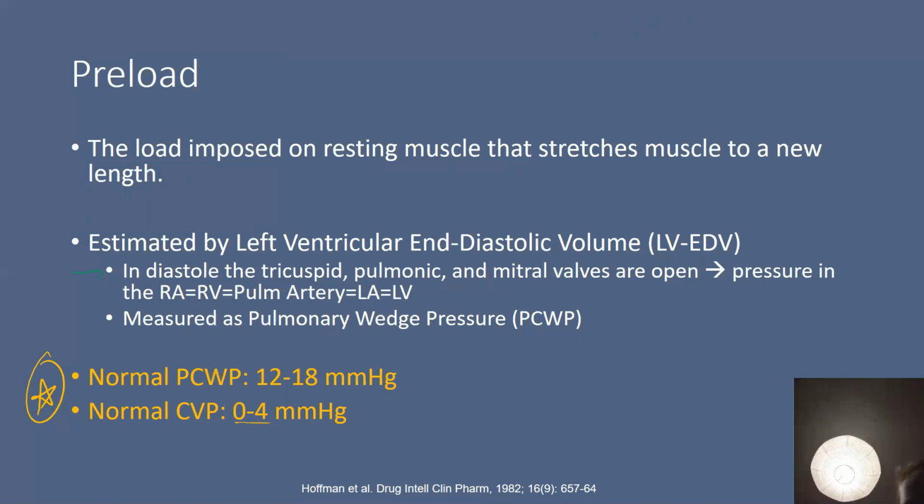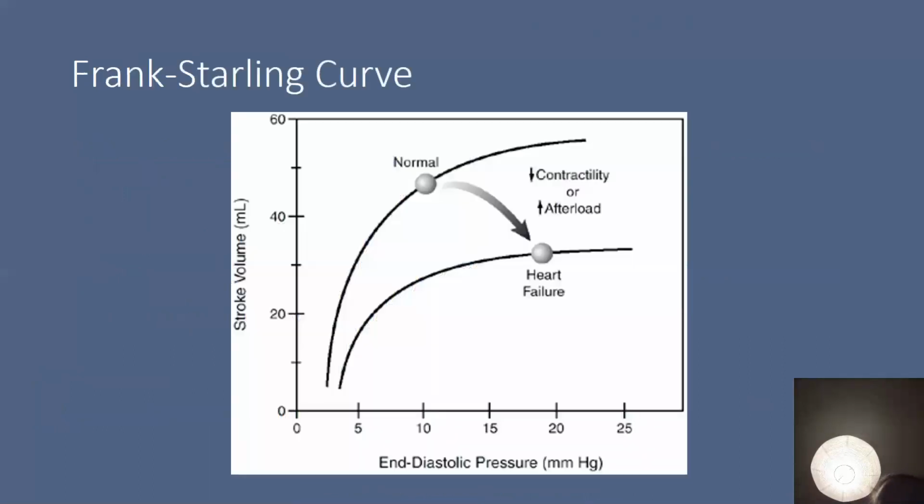So you'll see when people are septic, we're often targeting anywhere between 6 to 8, sometimes higher, though. New literature is coming out to say that we probably are giving too much fluid. Okay, so that's preload. Now, one of the important things to know about preload, the fundamental principle behind it, is